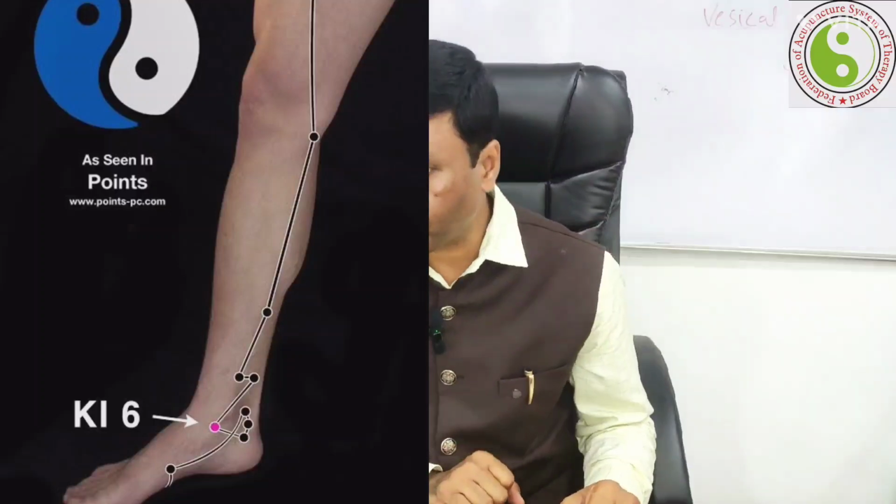Midway between the two tendons, which point is located? The K6 point is located. That point is known as K6, and K6 is the distal point for sore throat, distal point for the throat and also for tonsil-related disorders, aphasia-related disorders, and speech dysfunction.